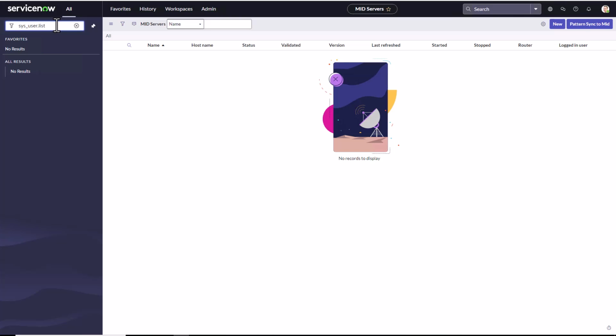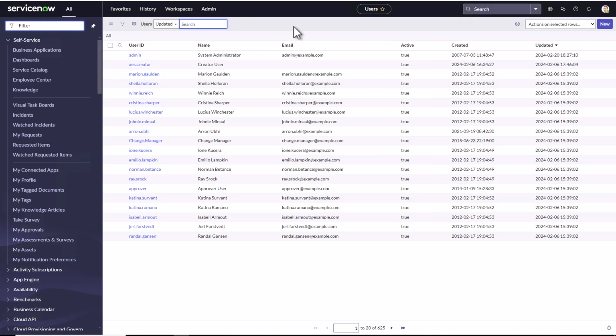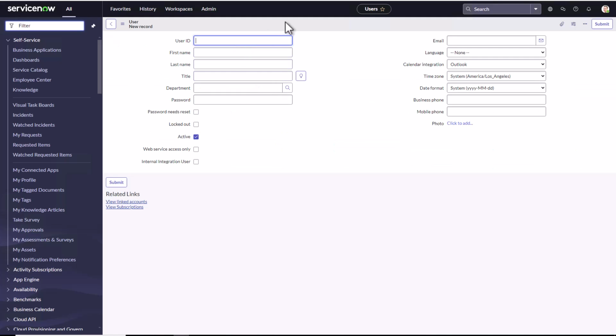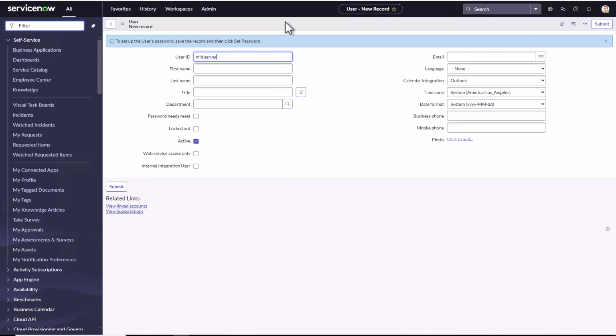So I'm gonna head there and I'm gonna click on new, and then I'm going to create this MID server, and then we can call it East, for instance. So I'm gonna have MID server East. I'm gonna save this